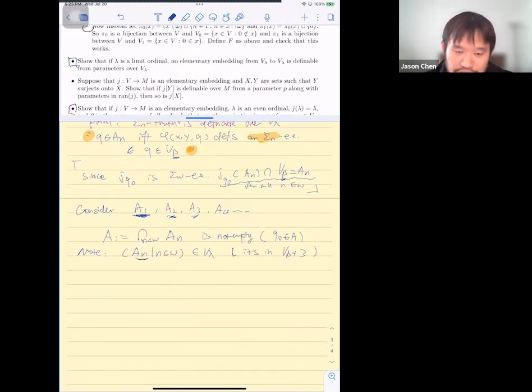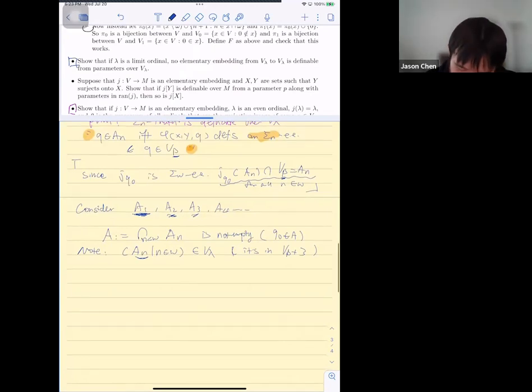So they show up a few steps after beta. So this tells us that JQ0